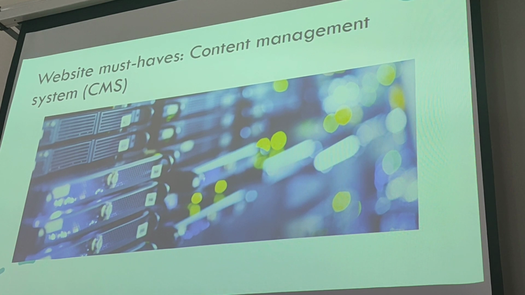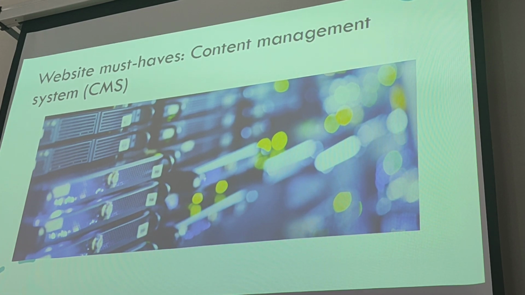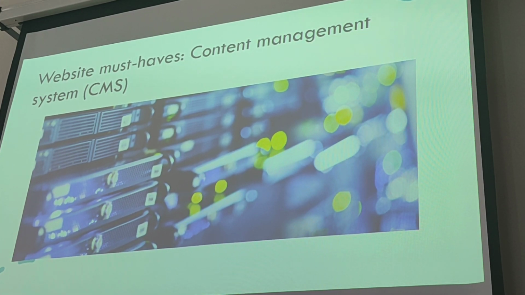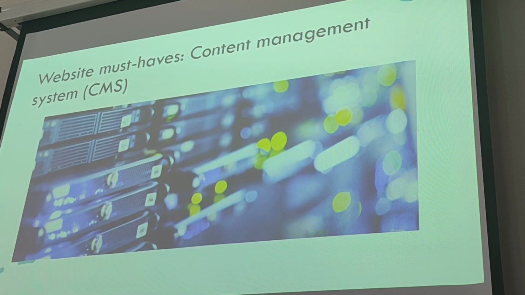The content creators can go into the back end of the website and add in their content, and then it will appear in the templates created by the developers and designers. So some examples of content management systems are WordPress, which is probably the most famous one, and that's what I tend to build websites in. It's very simple to use. But there are others, so there's Joomla as well,